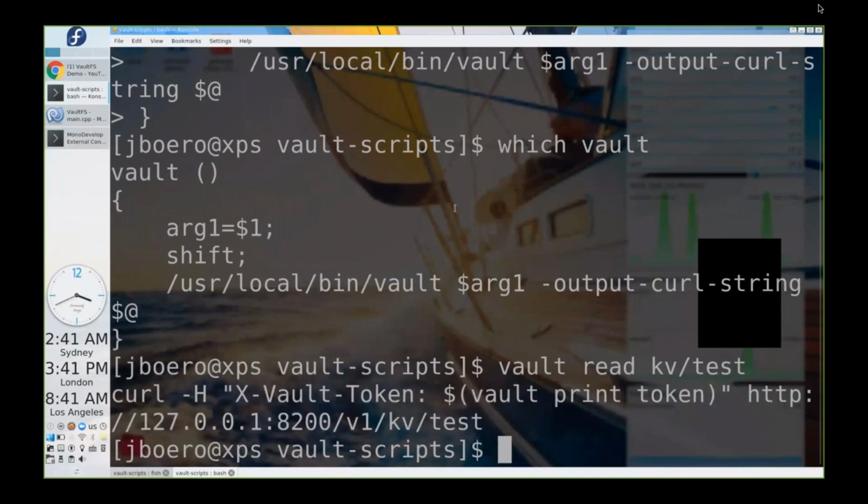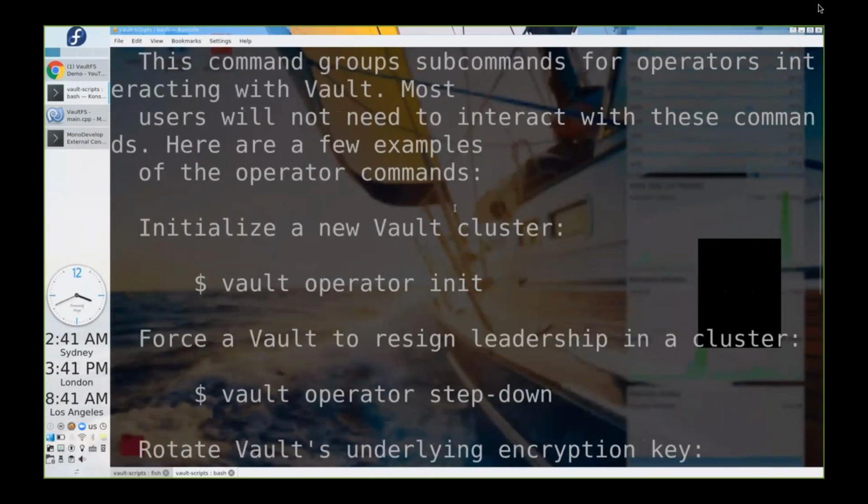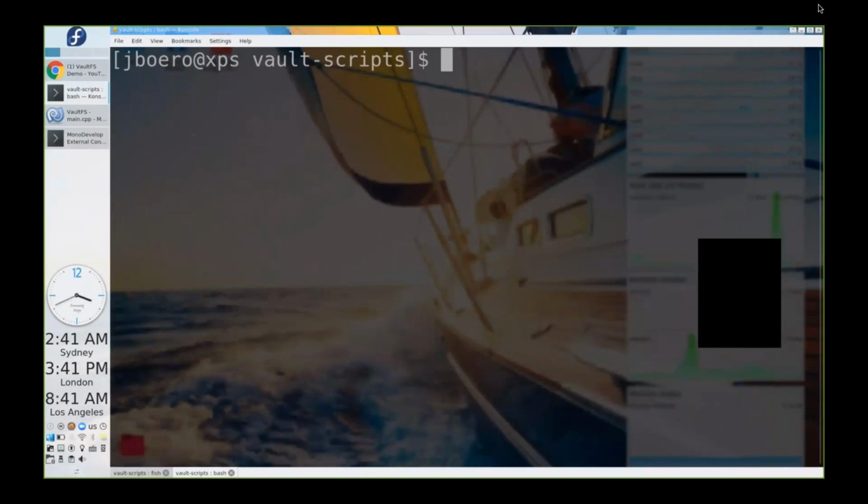So I wish I could say that this works for everything. You will encounter things like the vault operator, and this will fail, right? Because it's supposed to be in a different order. Sorry, the text may be too big. But generally, for vault CRUD operations, reading and writing secrets, managing secrets, that's an easy way to get going,